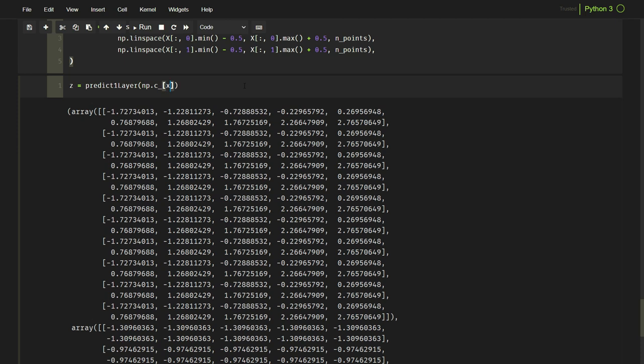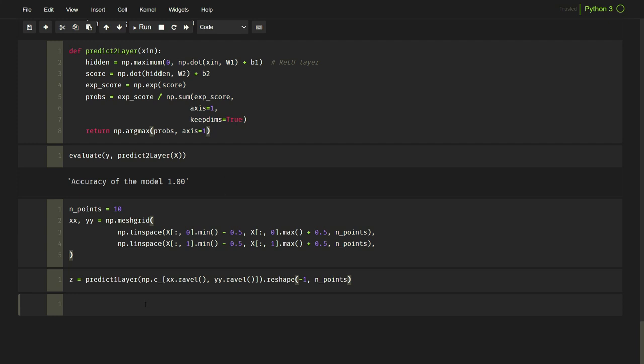So if you want, you can go back to my last video and see what the ravel function does, what the concatenate function does. So I'm just going to use these XX and YY, and I need to also reshape it because my X input is two-dimensional. So I'm going to reshape it so that it matches what we have as my output Y. Now I can just plot these two things. So I'm using the contourf function again, and this is my mesh grid, and this is my output. And then if I just ask what my plot is here, then I would have this kind of